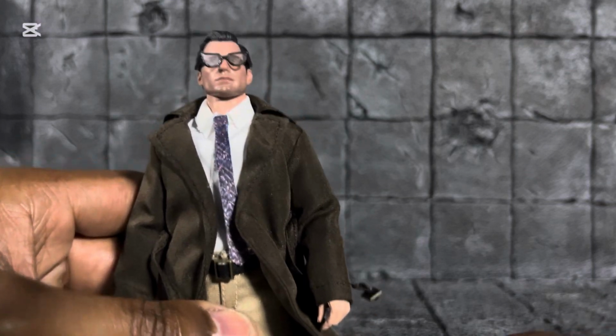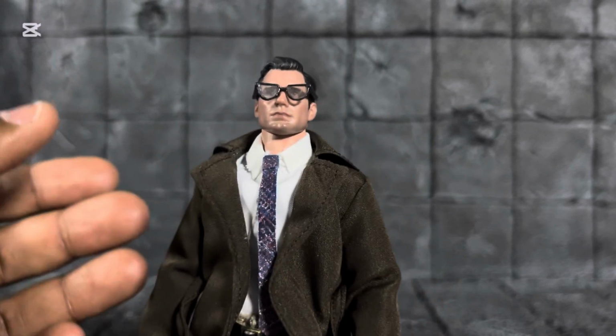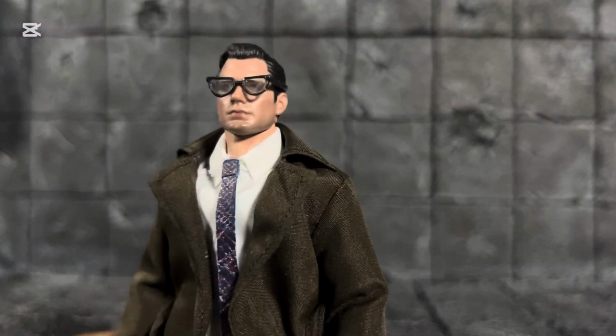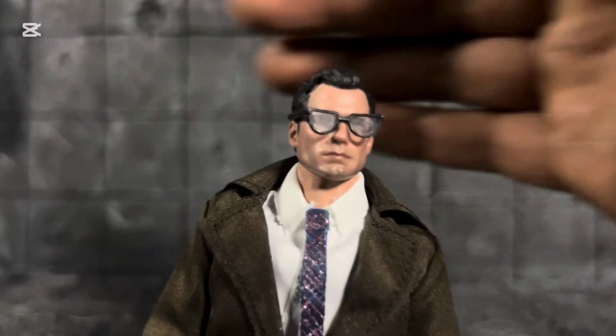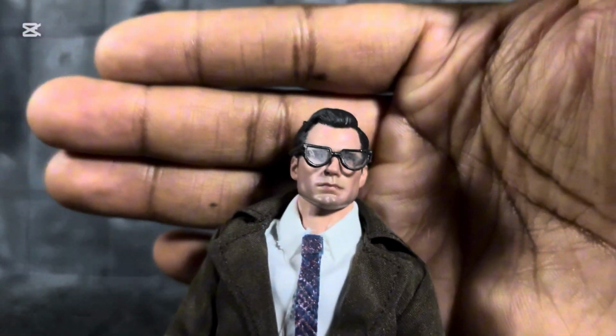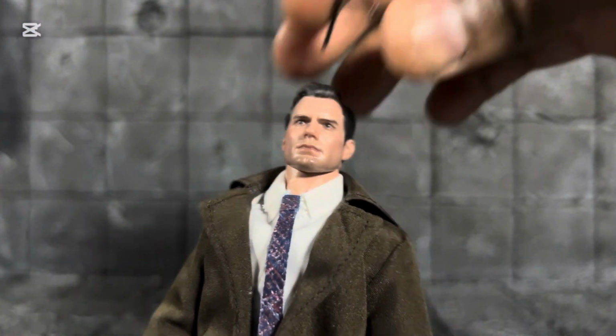I did notice that most of the shots for Clark Kent actually had a blue and red tie, or his clothes anyways had a subtle blue and red to them. I'm trying to get this a little closer, don't hit the camera, see if you can see the face a little bit better. I used a Maniple head sculpt. I really don't like these glasses, but I used a Maniple head sculpt